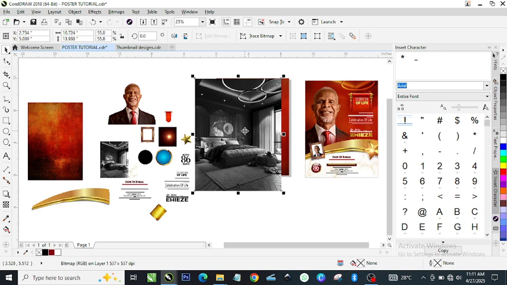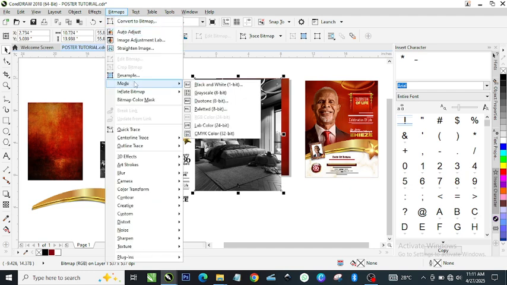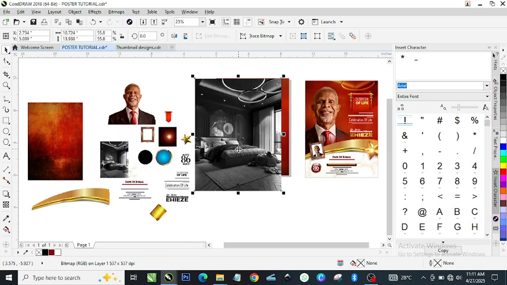So if you want to turn it to black and white like this, the way I'm doing it, the grayscale, you just come to bitmap and click on mode and come to grayscale. Once you click on this grayscale, you will have something like this. All right,